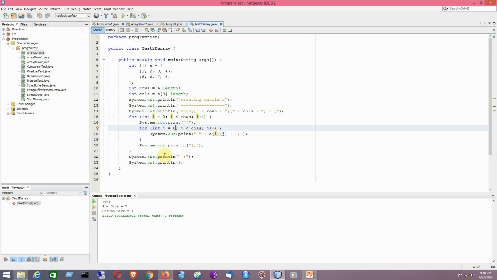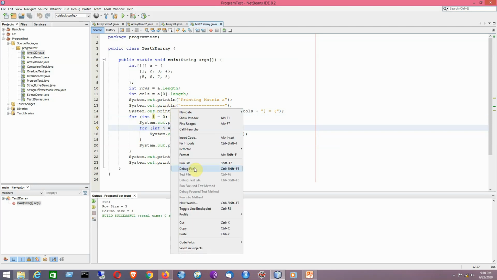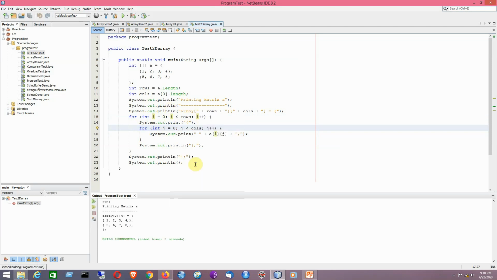And for demonstration purpose we will be using the opening and closing braces as well, so that it will be understood by you easily. Just trying to run the program. So the array elements, that means two-dimensional array elements, are now displayed by using this particular program, which is having two loops. One is the outer loop, that is indicating row number, and the second one is the inner loop, that is indicating the column number for a particular row. So in that way it will be trying to access the elements of the two-dimensional array.